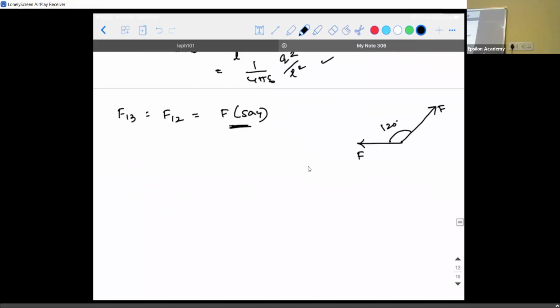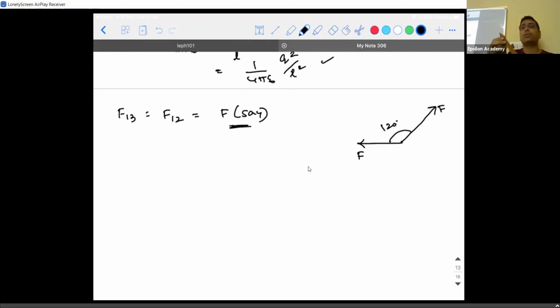If you have to visualize how it is, listen. What is the meaning of angle? Angle is how much rotation is made by one line with respect to another fixed line. If there are two vectors like this, initially how much is the angle between them? 0 degrees. Look at them, the arrow marks are in the same direction. This is F, this is F, that is F12, F13. Now what I did is I kept F12 fixed and F13 is rotated in such a way that I am stopping it at this point. How much is the rotation I have made? I made a rotation of 120 degrees.